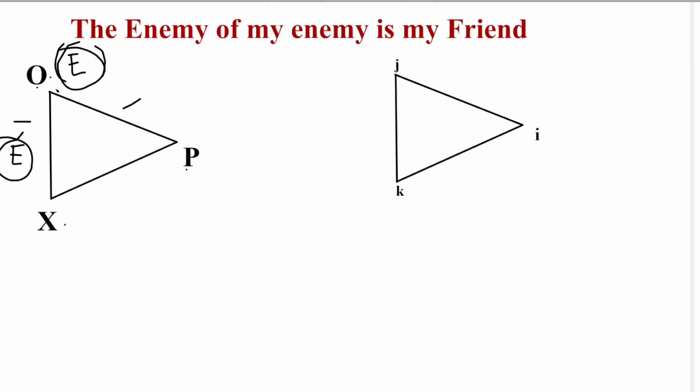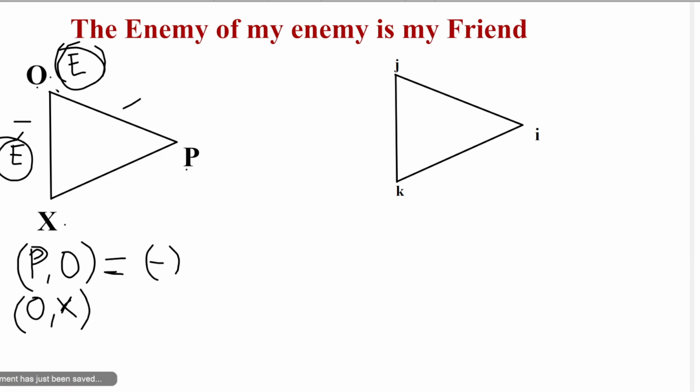So if we describe that relationship between P and O, the relationship is negative because they are enemies. And O and X, the sign here is also a negative because they are enemies. So what then is PX? PX will be the product of this PO and OX. So we could say